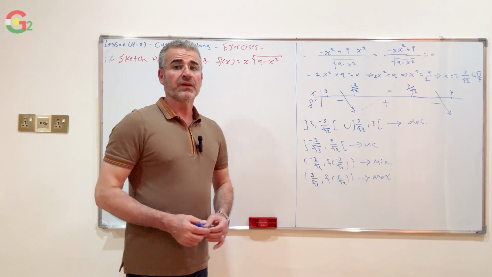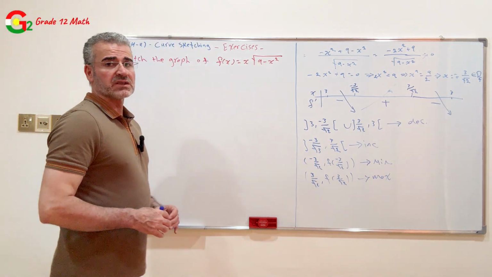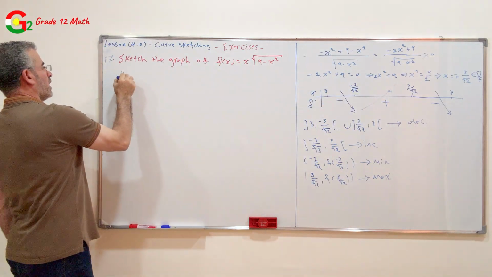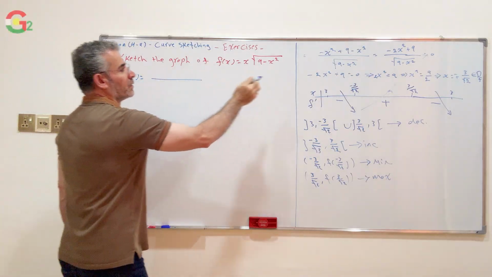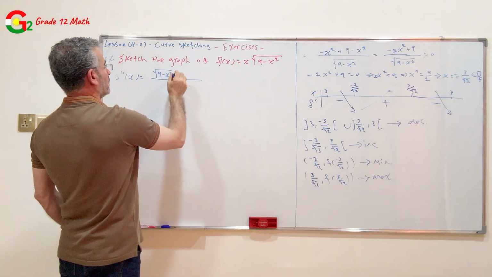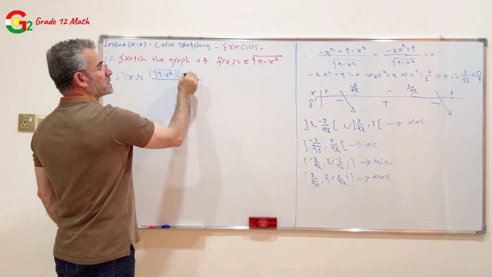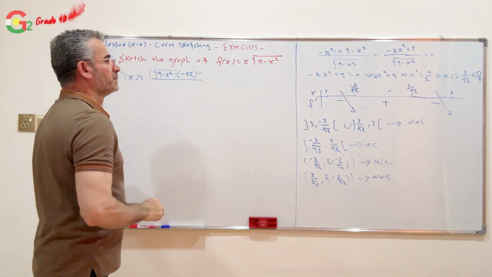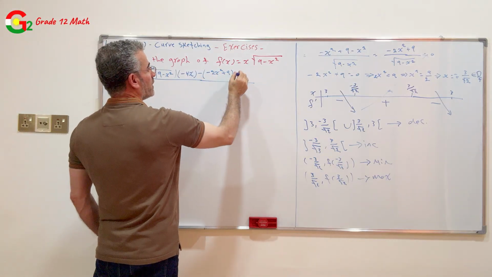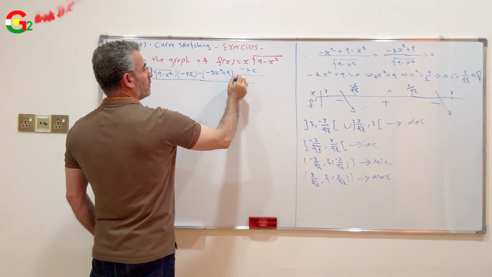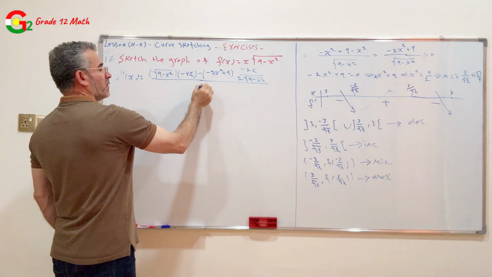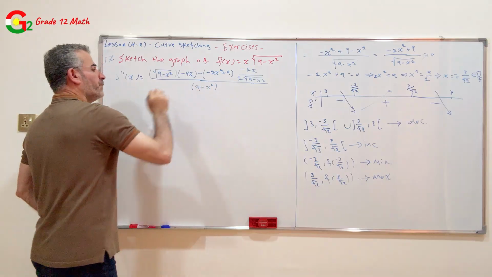To find the inflection points and intervals of concavity of this function, we find the second derivative of the function. f double prime of x equals the denominator, the square root of 9 minus x squared, times the derivative of the numerator, negative 4x plus 0, minus the numerator, negative 2x squared plus 9, times the derivative of the denominator, negative 2x over 2 times the square root of 9 minus x squared, all over the denominator squared, 9 minus x squared, equal to